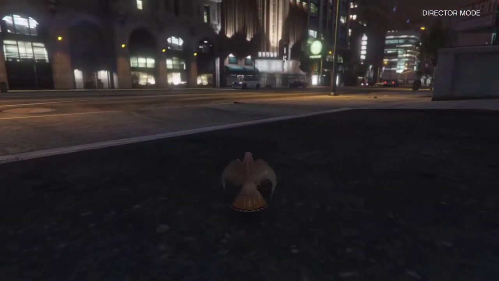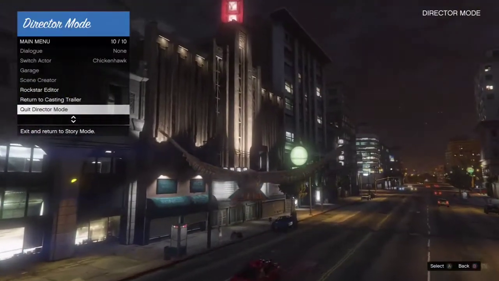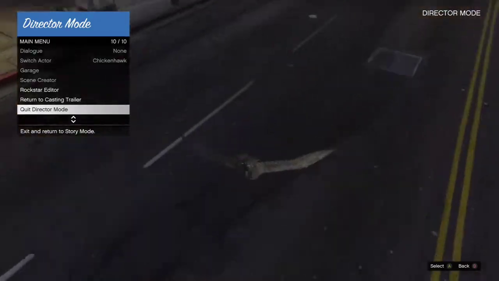Now what you're gonna want to do is hover over, quit director mode, and as you go right into the ground, before you hit the ground, you want to double press A. You should get an infinite loading screen like you see here. Now, if you do, on Xbox, you're gonna have to do